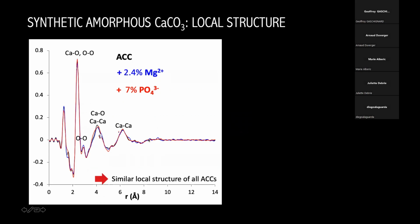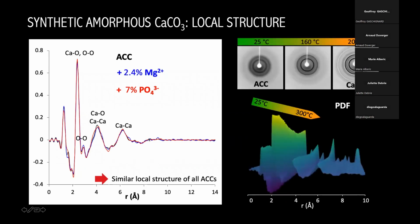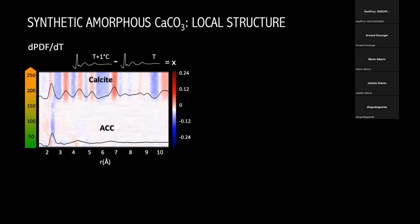So we were not able to see any difference in the structure, but we tried hard. And to do that, we induce the crystallization. So we induce the crystallization here. I'm showing the results for the heating. And we could calculate a PDF for every temperature and try to see if we could see differences during the rearrangement. And we did see some difference, but in order to enhance these differences, so we calculated what we call